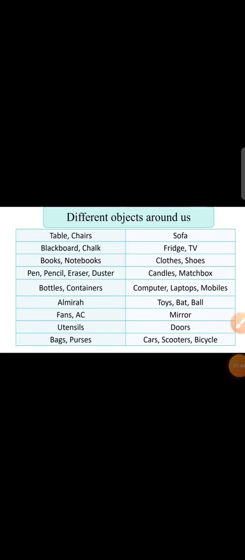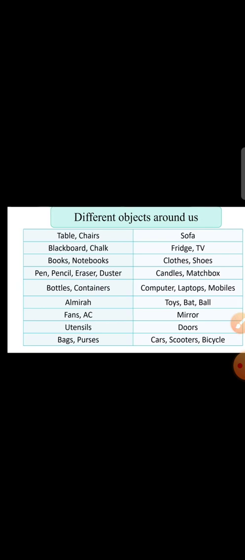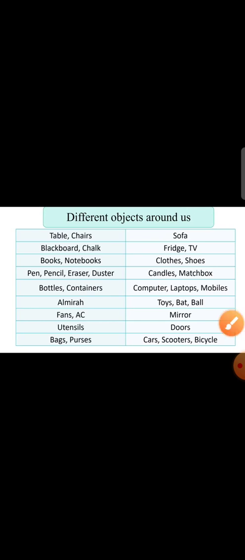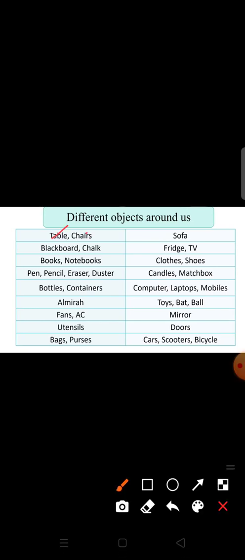If you look around, you will find yourself surrounded by different objects like table, chair, blackboard, chalk, books, notebooks, pen, pencil, eraser, duster, bottles, containers, almirahs, fans, AC, utensils, bags, purses.